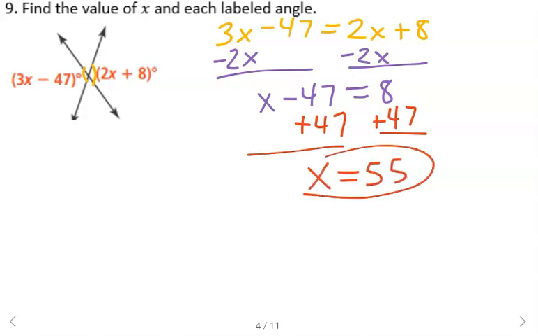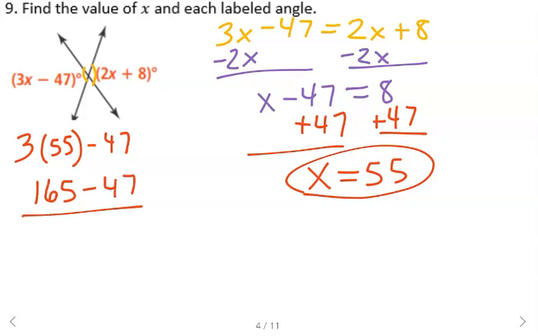So x is 55, that's part of what we want to find. Now we want to substitute that in to find the angle measures. So 3 times 55 minus 47. 3 times 55 is 165 minus 47 gives us